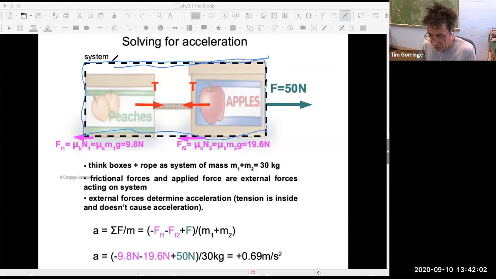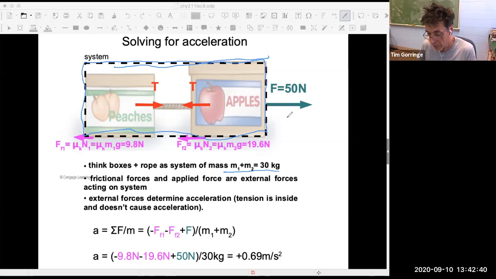And that system has a mass of 30 kilograms because it's made out of the two crates. And the external horizontal forces that are acting on that system are simply friction forces, these two downstairs here, and my force, this one upstairs here. If we think about that system, we know what we would call the external forces that are acting on that system. We know their sizes, we know their directions,